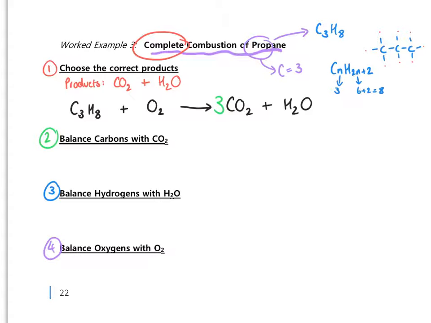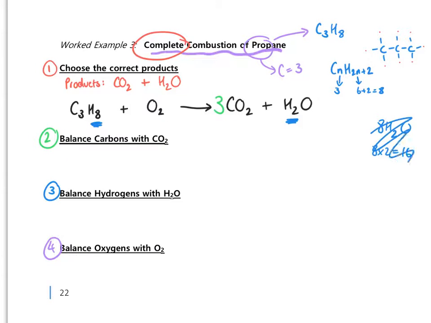So you can see on the left hand side that I have 8 hydrogens. But what I need to be careful about is with my waters, remember that any number I put in front of water is going to give me twice as many hydrogens. So you might jump in there and put an 8 in front of your H2O, but over at the side I'll show you why that's wrong. If I put 8 H2O, how many hydrogens would I have? I would have 8 times 2, which is 16 hydrogens.